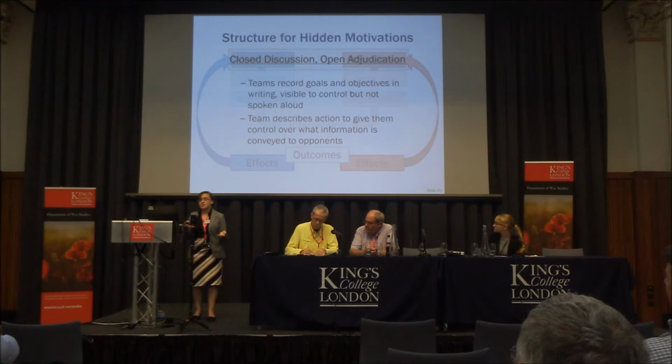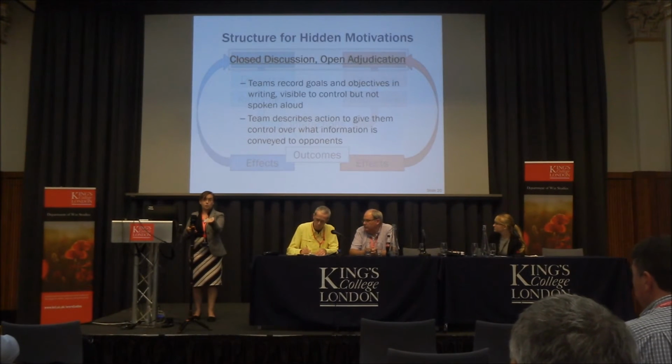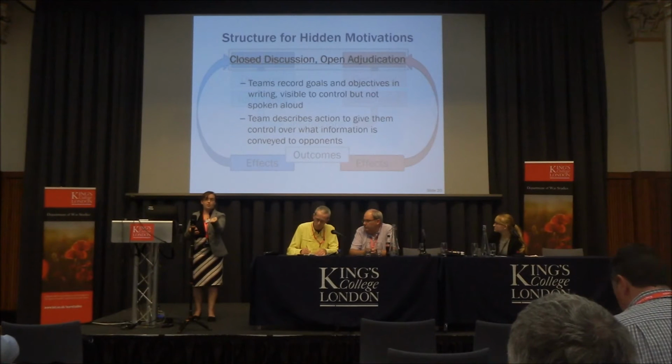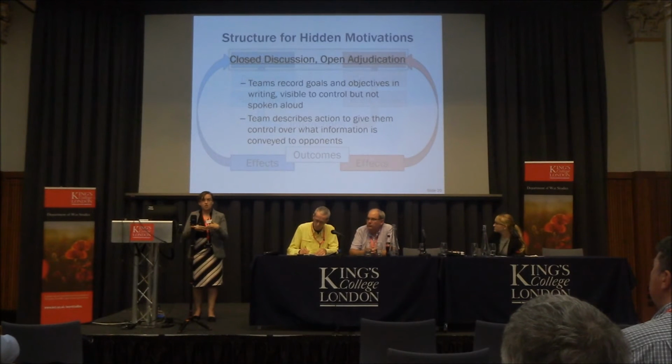And normally the way this gets done, and I think it's a reasonable way to do it, is that the team reports its objectives privately. You go in, only show the adjudicators your action, or maybe you slip the adjudicators your method on paper, but you're not telling the other teams. You're not exposing what your rationale is. So you have a closed discussion and then open adjudication to resolve it. I think that one's pretty straightforward.